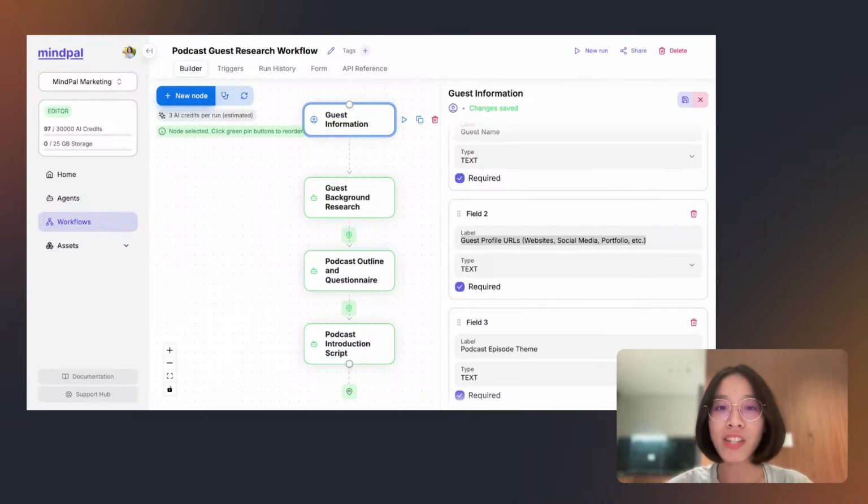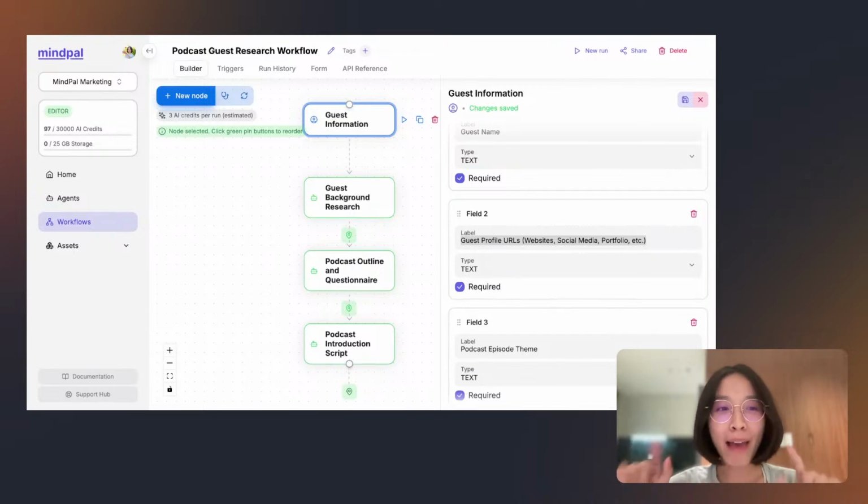Now, Mindpal AI agents, by default, can scrape websites, but they can only scrape standard websites well. For niche websites or data-heavy sites like social media platforms, we often struggle because these platforms have a lot of blocking mechanisms.